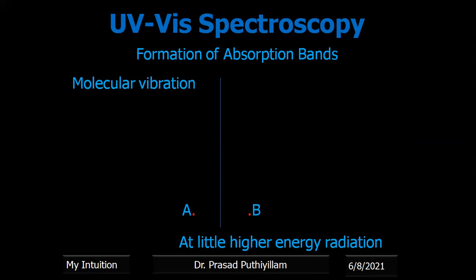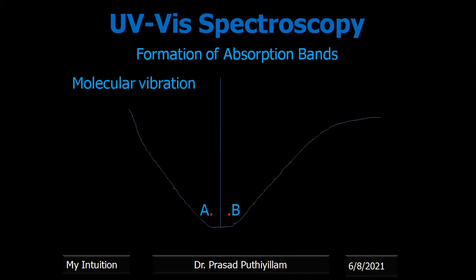This vibration motion, therefore, when we clearly observe it, we can see that it will be following a harmonic type of vibration, not exactly harmonic. That is also explained in IR spectroscopy. So here you can say they represent the mean position; it will expand to a certain extent, then it comes back to the normal position. Therefore, we can say that this is the particular vibration mode when it absorbs lower energy.